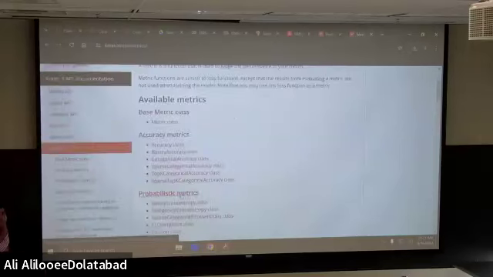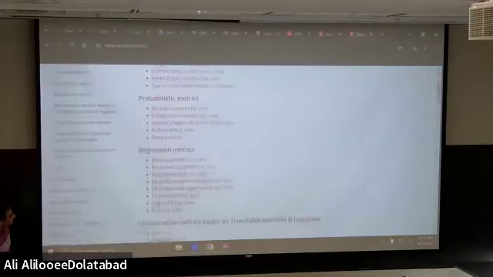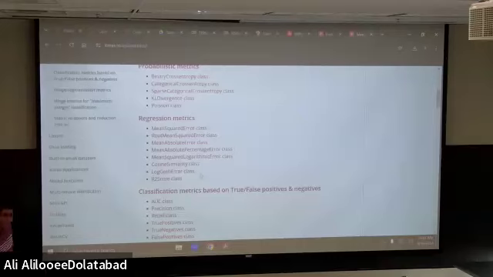The help of Keras is very, very powerful. Believe me, in many cases, what we teach in a class is not even 10% of the help of Keras. Even in deep learning courses, this is something that people learn through working with it. I told you that people in the industry don't know anything about math. What they know, from their experience, is that gradually they find out that, for their purposes, this metric works better.